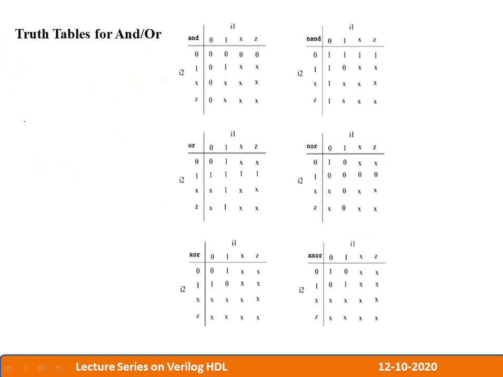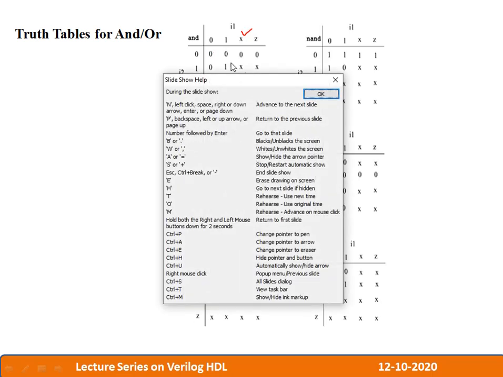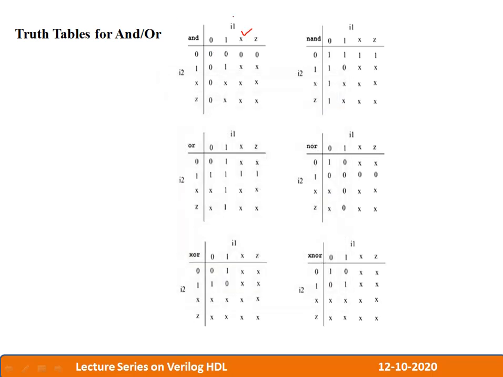Now before that, let's proceed with the simple truth table, because once I do the simulation, I need to justify the values that are present in the truth table. Now this is a simple truth table that you have been learning in your basic digital electronics concepts. The same thing is there. The only difference is I have even considered the don't care as well as the high impedance state. So I'll be verifying the contents of the truth table even by considering the states don't care as well as z.